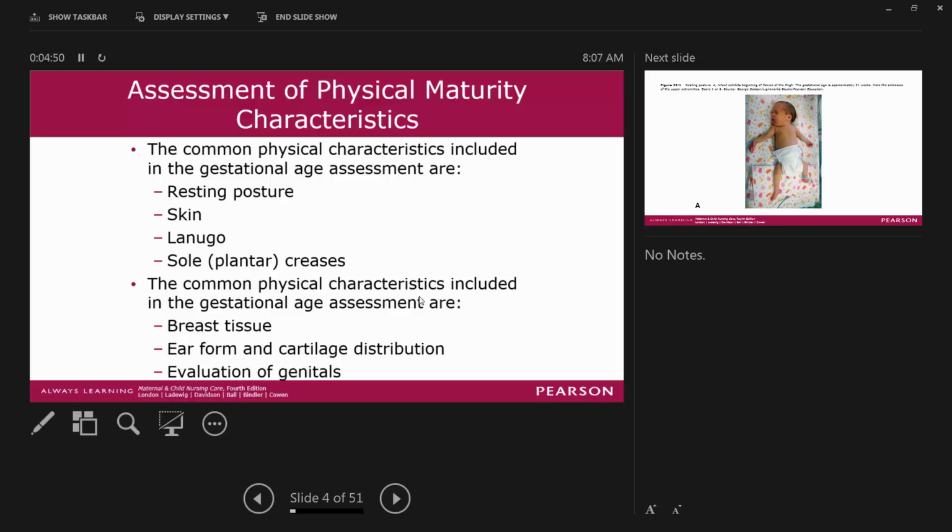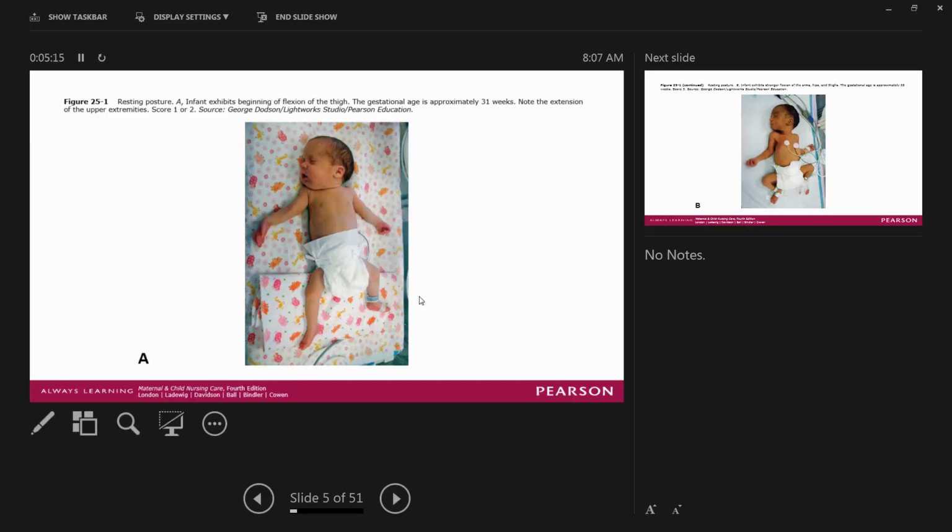So is the pinna of the ear nice and curved, or is it flat? And as far as cartilage, if we bend the ear, does it pop back into place or does it stay bent and unfold slowly? And then the genitalia, we look at different characteristics of the genitalia, and we'll cover that when we get to